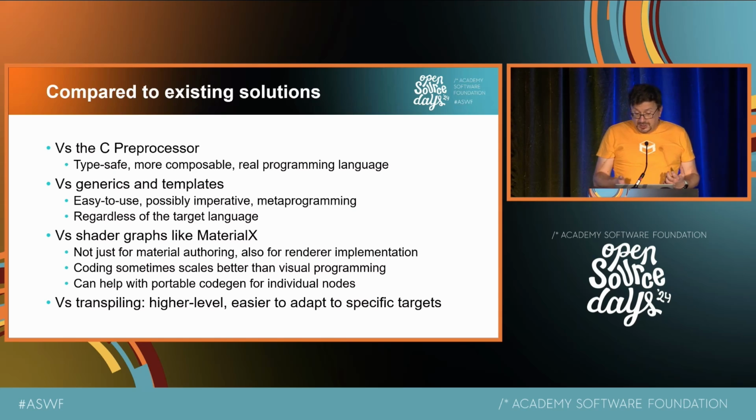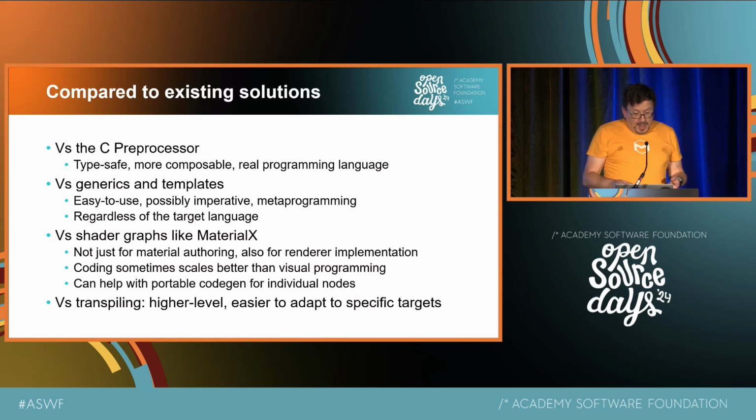And Metashade can help with the implementation of CodeGen for the individual nodes, because, last time I checked, the individual code generators for Material X are pretty separate from each other, and there is not that much code